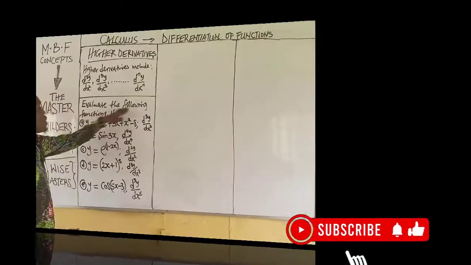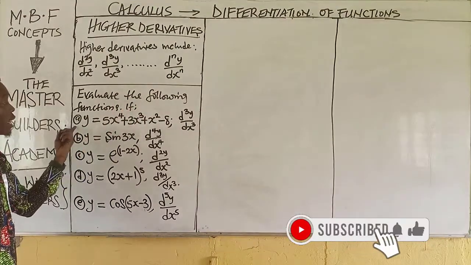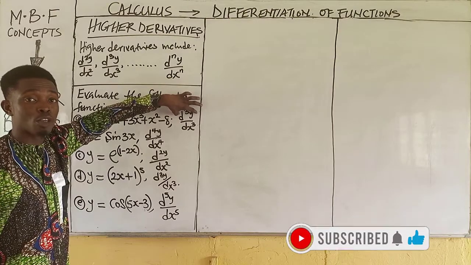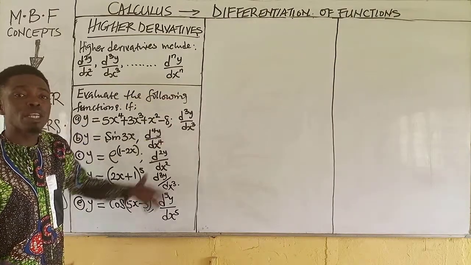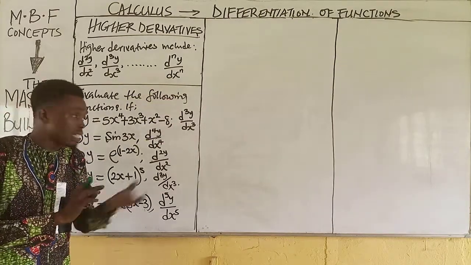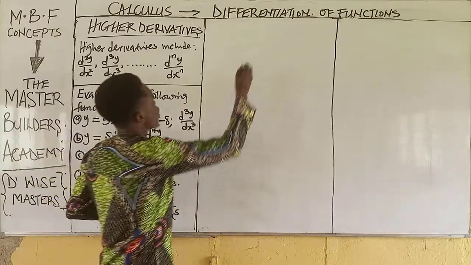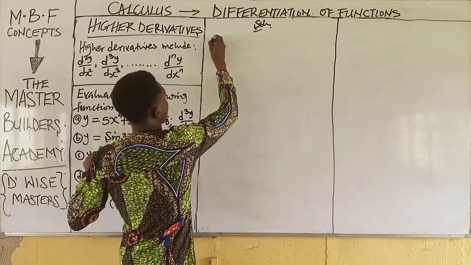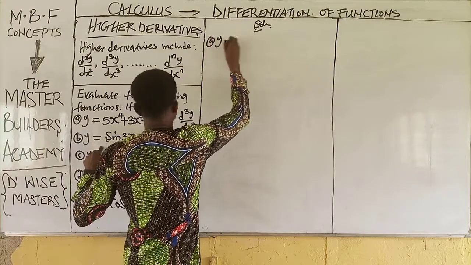Now, evaluate the following function. If y is equal to this, we are asked to find d cubed y over dx cubed. That means we are obtaining the third derivative of this function. So we go down our solution, and for this, we have y is equal to